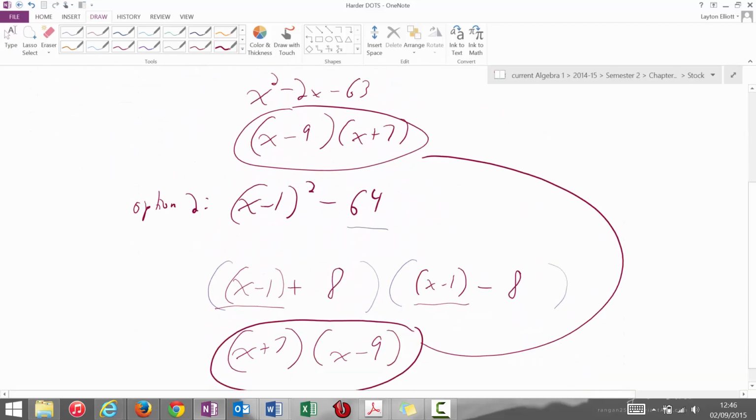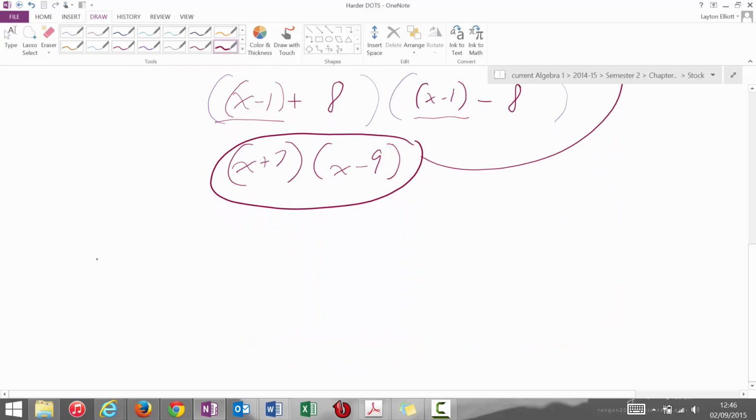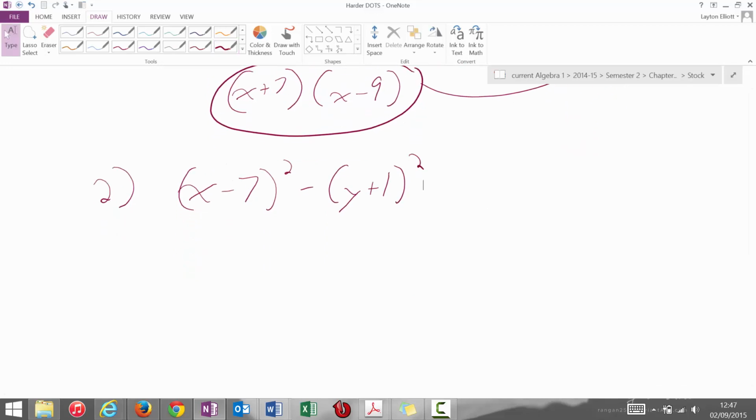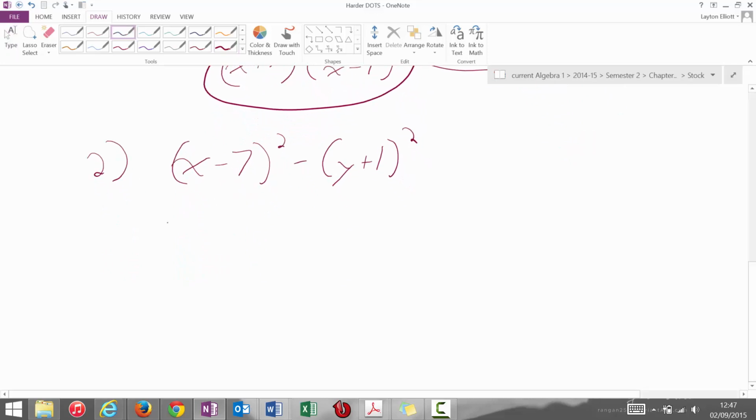This is what we like to call harder difference of two squares, and we're going to practice this pattern a lot. You're going to see things like this: (x − 7)² − (y + 1)². That is a difference of two squares, meaning I'm going to split it into something minus something else and something plus something else. Now, the first one is going to be an x − 7,